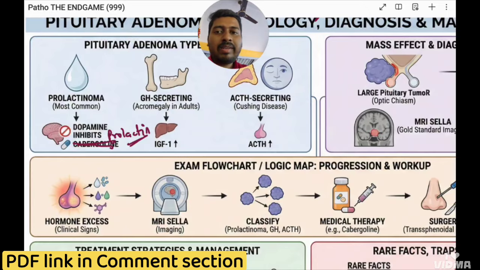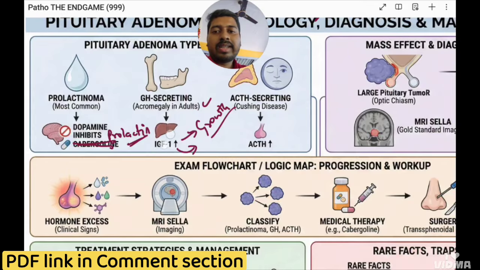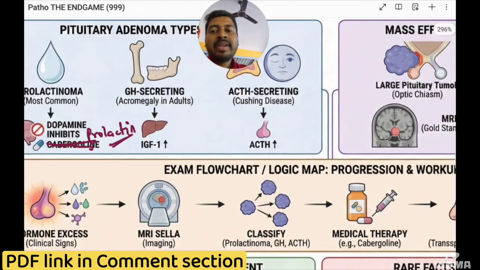In acromegaly, because of increased GH, it will act on the liver, and the liver will secrete IGF-1, and this causes growth of the tissues. IGF-1 is the best screening tool to detect acromegaly. It is not the confirmation test. For the confirmation test, we use something known as the GH suppression test, the growth hormone suppression test, which is the confirmatory